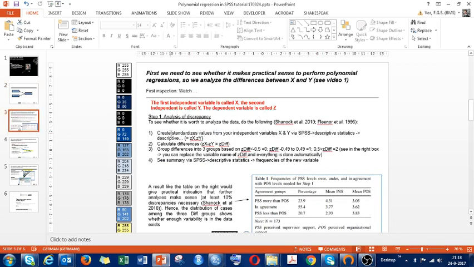And then I begin with standardizing the independent variables. Then I calculate the difference score between the Z scores, and then I put them into 3 different groups: below minus 0.5, between minus 0.49 and 0.49, and from 0.5 upward. And in the end, we want to get such a